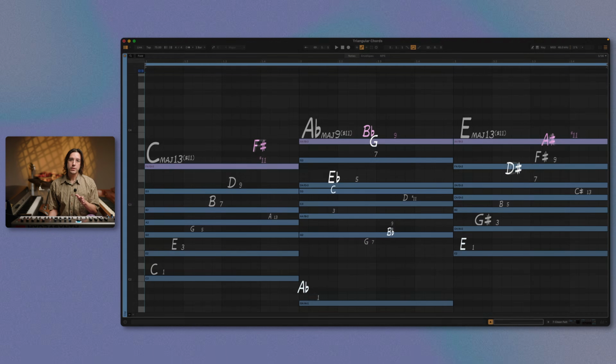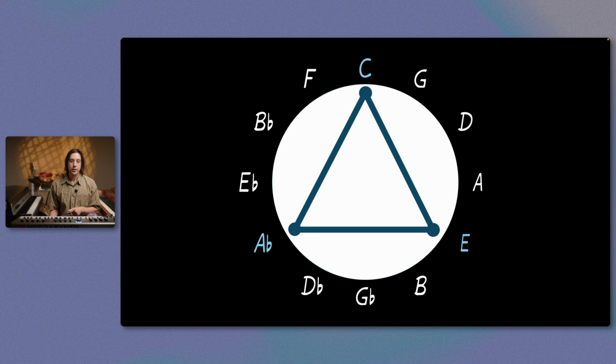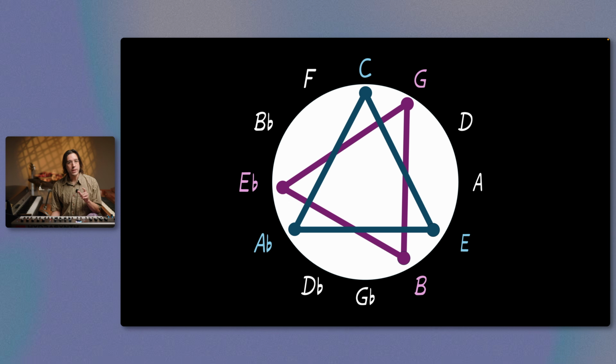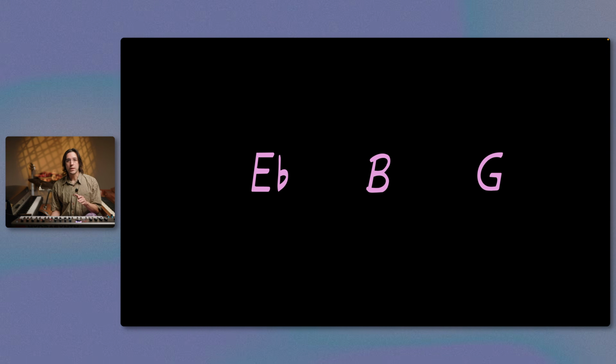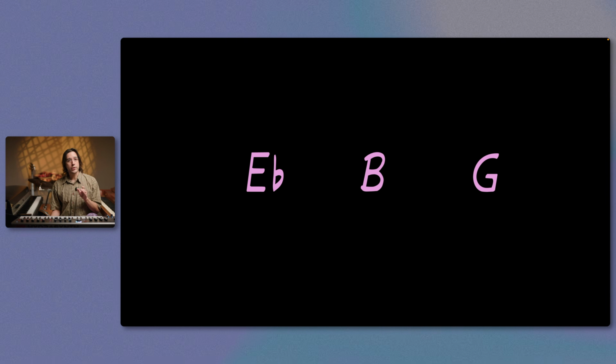Our chord progression is definitely triangular, but almost too much so, as it is right now. We need to break up the symmetrical, almost carousel feeling that it currently has. To do this, we'll precede each chord with its 5 chord. The 5 of A flat is E flat, the 5 of E is B, and the 5 of C is G. E flat, B, and G will be the roots of these additional chords,